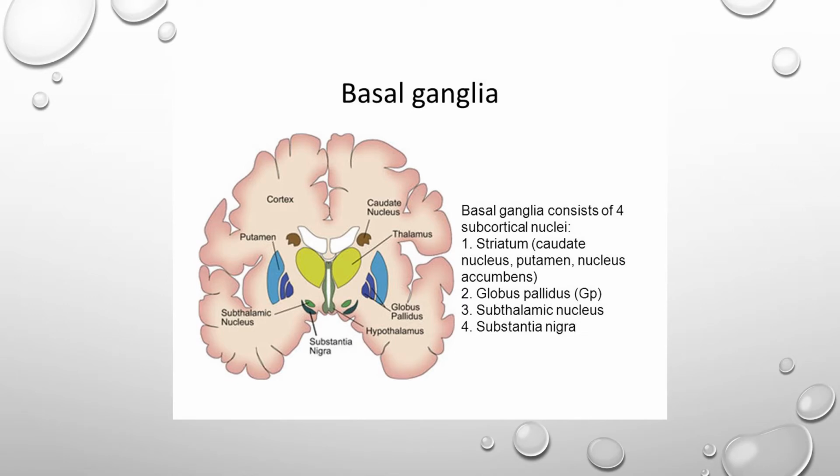Now I suggest you all see the hemiballismus movement disorder on YouTube, so that you will be clear how this movement looks. And now what is the subthalamic nucleus? It is a small lens shaped nucleus. This green color indicates the subthalamic nucleus, and this is located ventral to the thalamus. These are the thalamus and they are ventrally located to the thalamus, and they are part of the basal ganglia. They are one of the four subcortical nuclei of the basal ganglia.